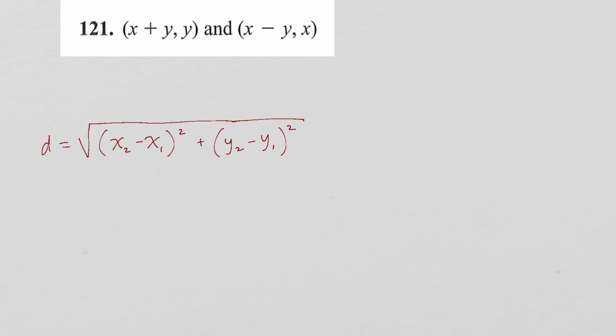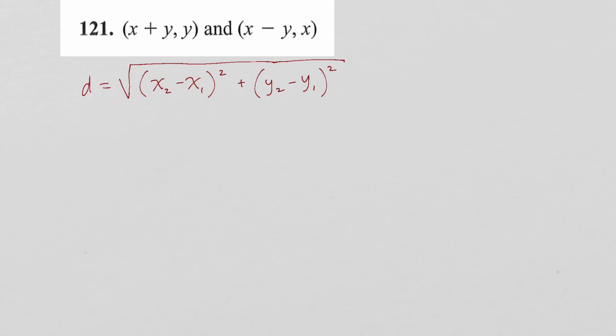All right, here's our distance formula. So this is going to be equal to the square root of x2. Now, all of this stuff is the x value of the second point. So x2 is x minus y, minus x1, which is the x value of the first point. So I'm going to have to put that in parentheses, and I'm going to put x plus y there, and then I'm going to square all of that,